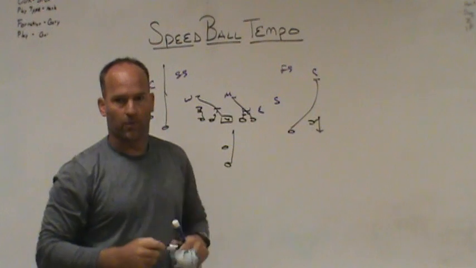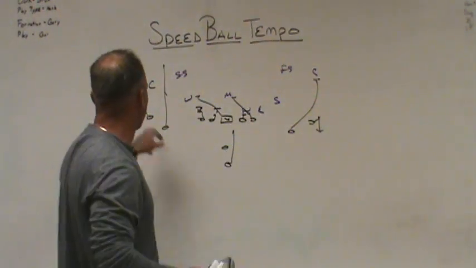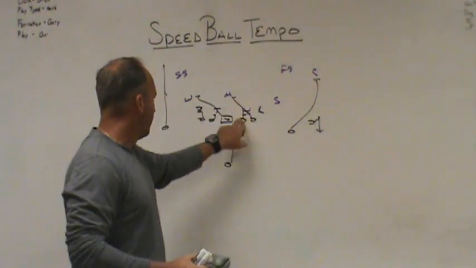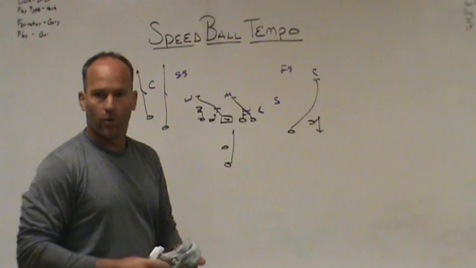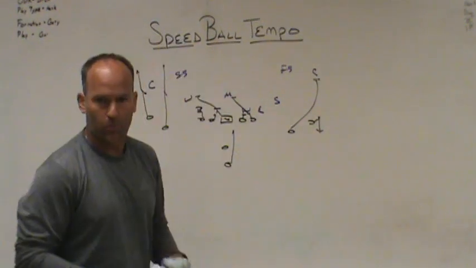Now on the backside, you've got built-in matchups to those two receivers that you've got to win somewhere on the backside, where it's hitch fade over the top, zone screen inside on this side, veer here, screen here, all with built-in or different options that give you a chance to win so you can stay in speedball tempo.